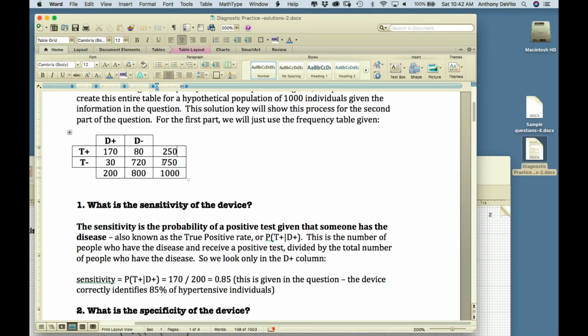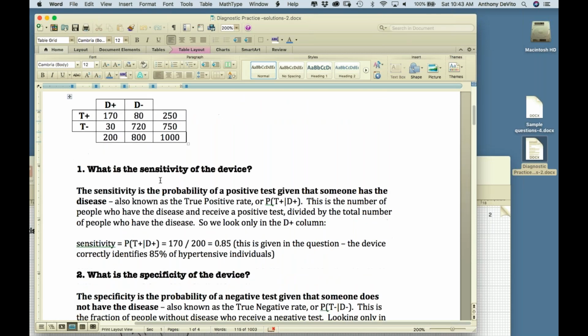The negative predictive value is, among the people that don't have the disease, those that tested negative. How often was that correct? Well, that would be 720 over 750, right? Which is, I'm going to guess, above 90%, whatever it turns out to be. So that's how you would deal with that. So now,